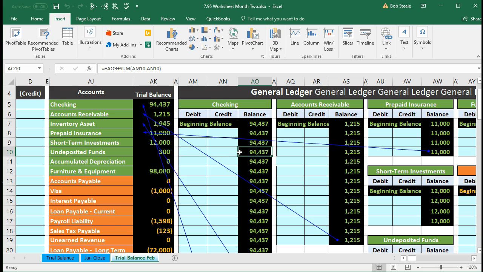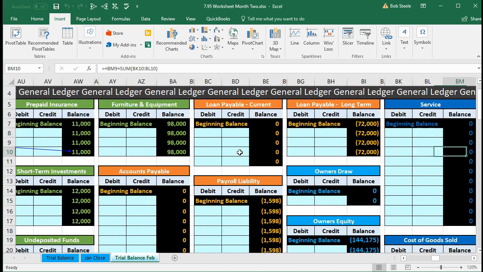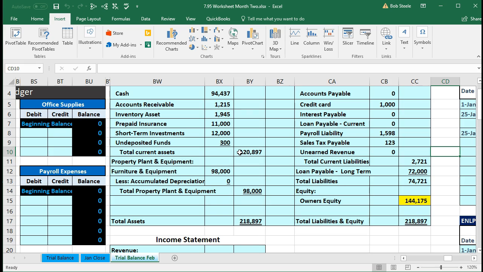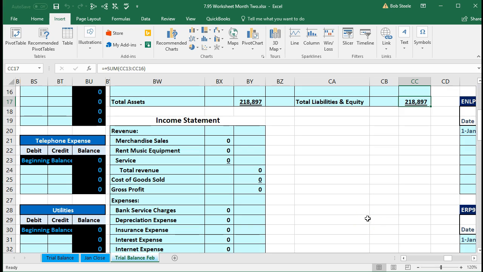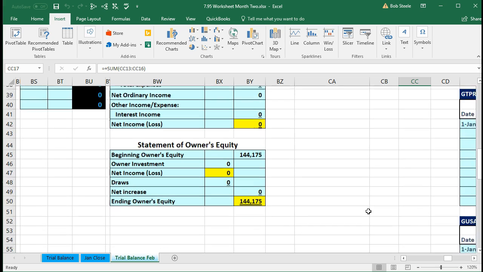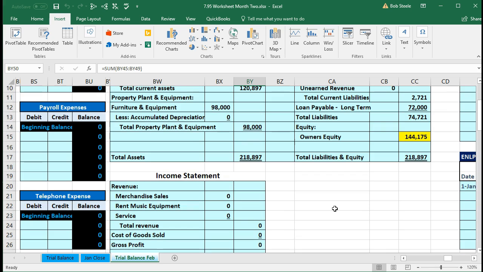If we scroll over to the financial statements, we'll just take a look at the financials. They're still being generated from the trial balance. So we'll note that we still have a balance sheet. That balance sheet is still in balance. However, the income statement has no information in it because we have nothing so far in the second month of operations on the income statement. And all we have is the beginning balance for the statement of equity, that 144,175